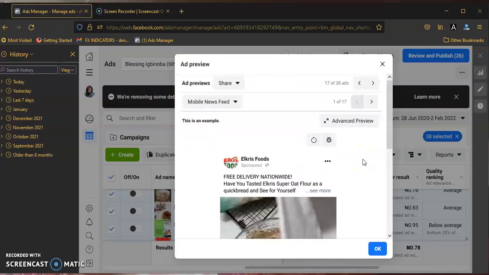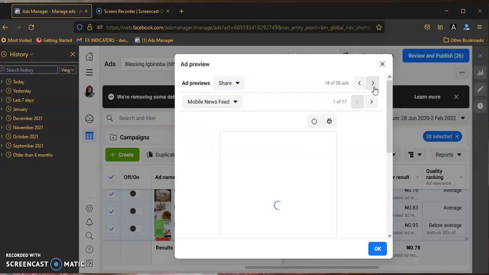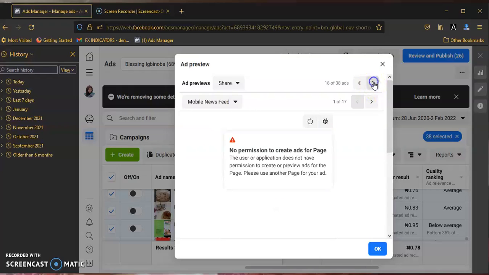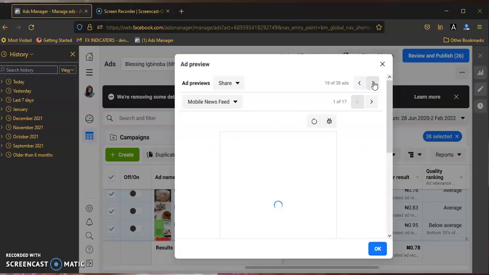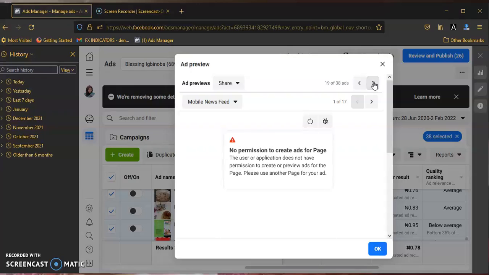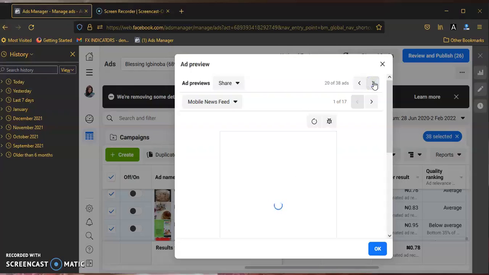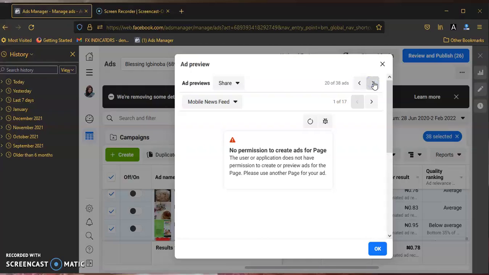Remember, the main target of this advert is to test the content and test the audience using a very large sample. So we test different kinds of content, see the one that has the highest engagement rate, because everything boils down to engagement rate. The quality of the advert is based on the content, based on the engagement rate.